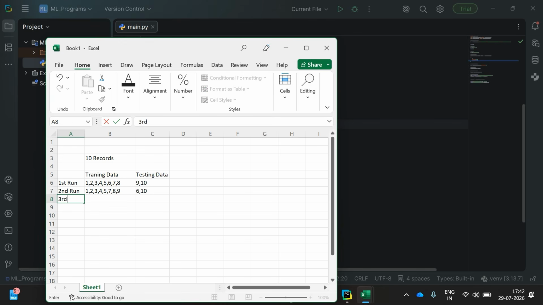And if you execute the same program a third time, the training data may be 3, 4, 5, 6, 7, 8, 9 and 10, and the testing data may be records 1 and 2. So every time you run the program, the training data and testing data will be different. Among that, any 80% randomly will be given for the training, and 20% will be taken for the testing. But if you use this random state